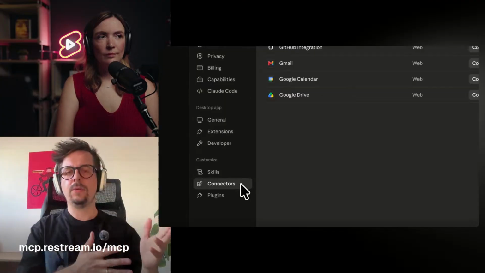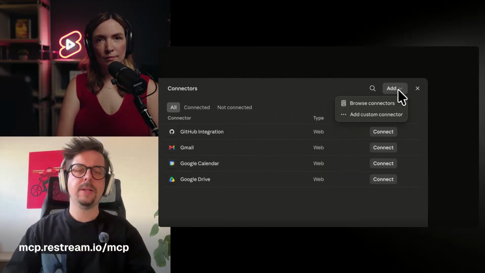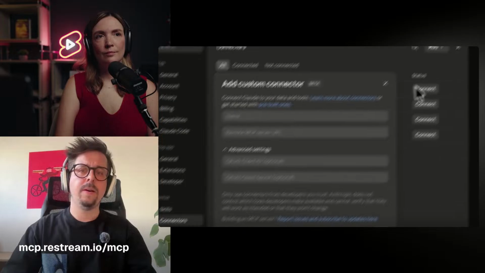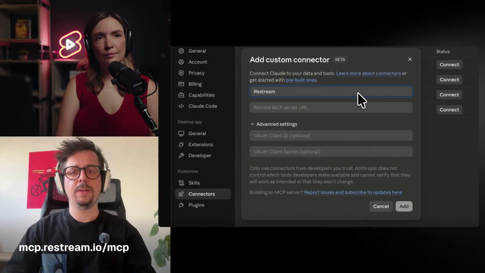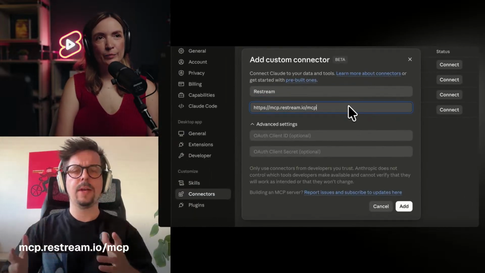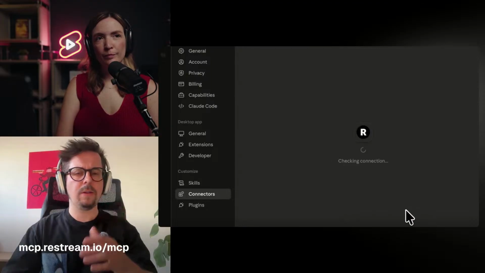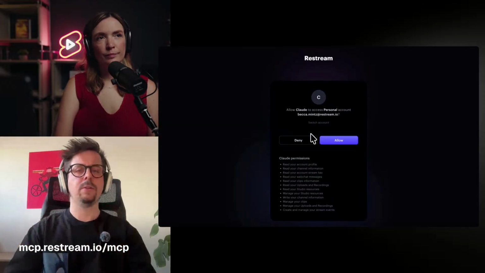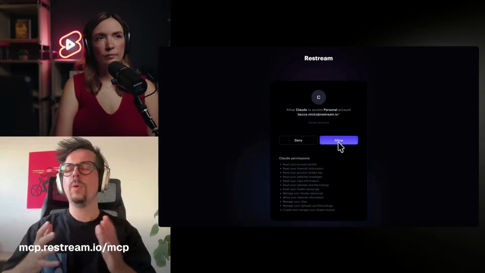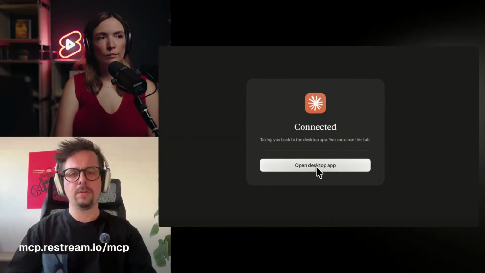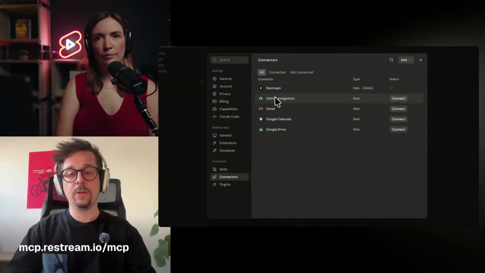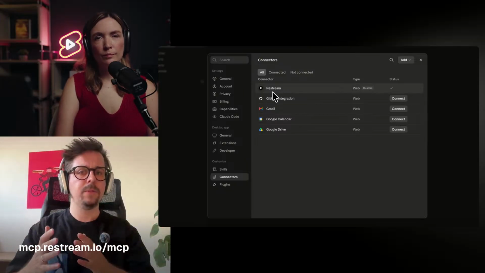So whatever account you're currently logged into in your browser, that's what it will connect to. And that's pretty much it. If you're doing that in your browser, I think we've seen that you can also open the desktop app right after, and whether you use Claude or ChatGPT in the browser or on desktop, you can just start using it.